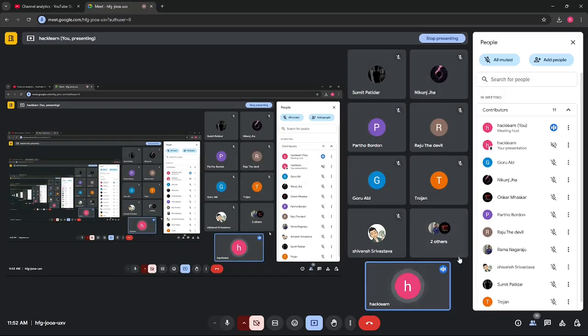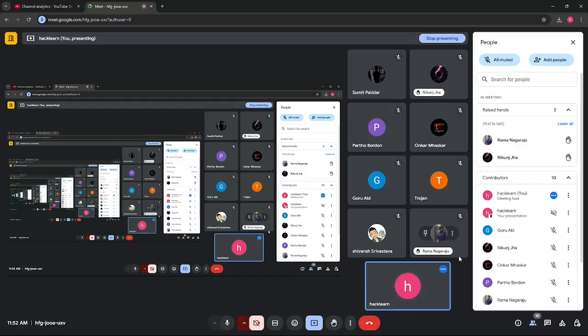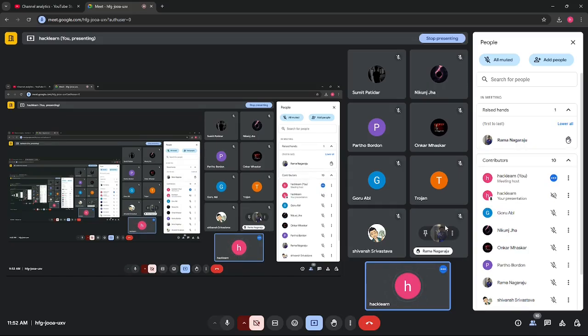So hope all of you have installed Kali Linux. Does anyone already have Kali Linux on their system? Those who already have it installed. Okay, Ramana, Nagarjuna, Nikunj Jha. Yes, if you already have a Kali Linux machine installed, it's quite good. And if you don't have a Kali machine installed, you can